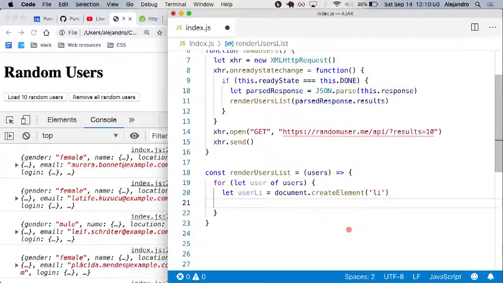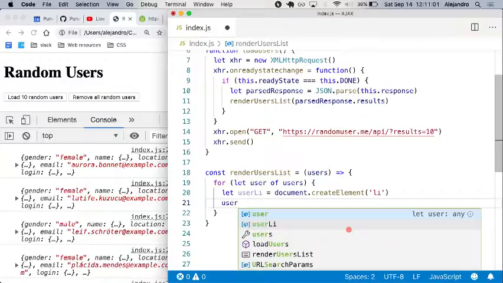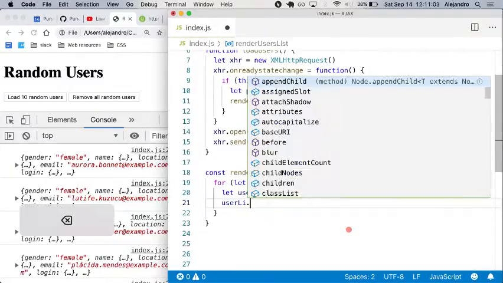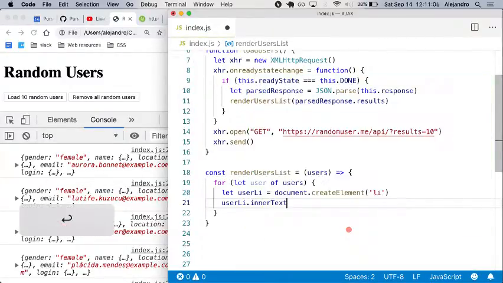And then in here, let's just do userLi.innerText is equal to,